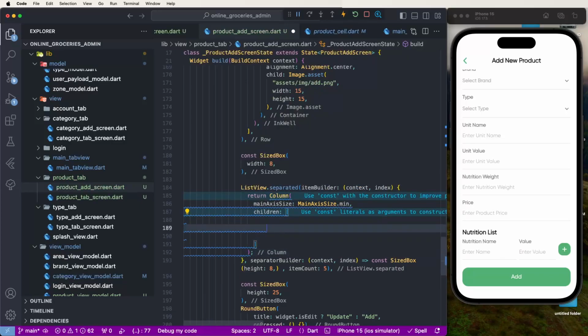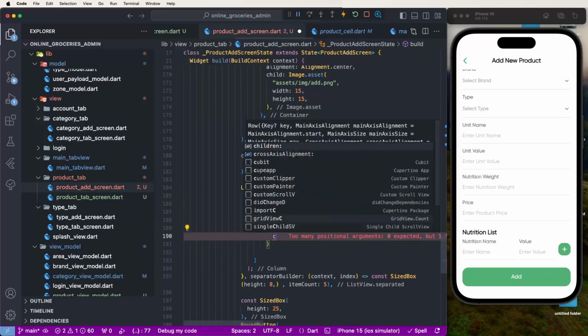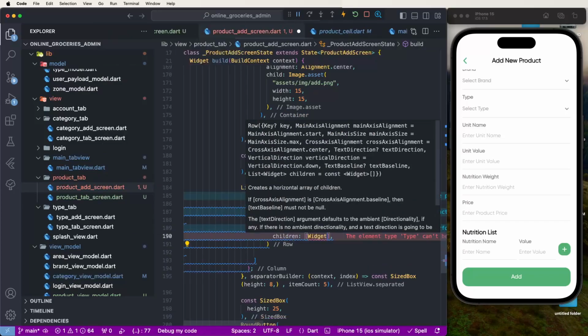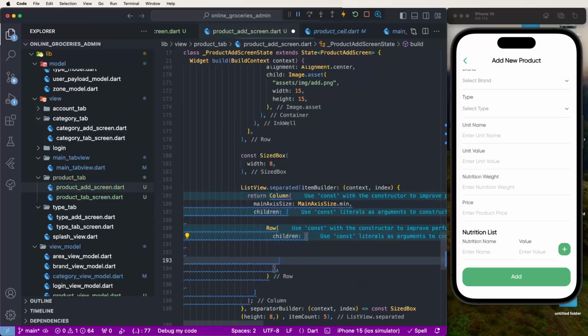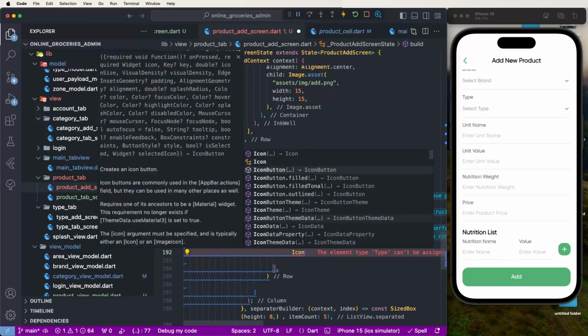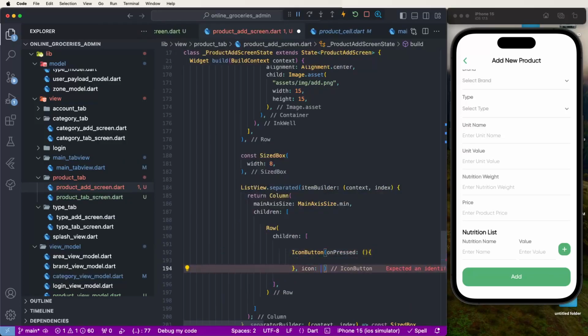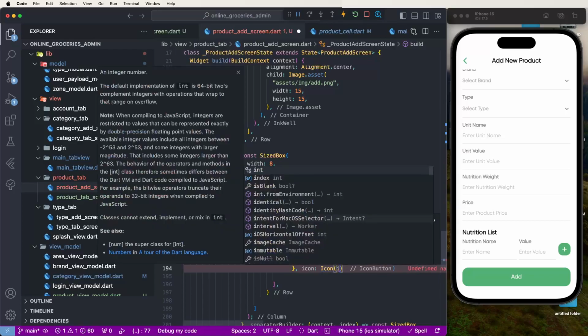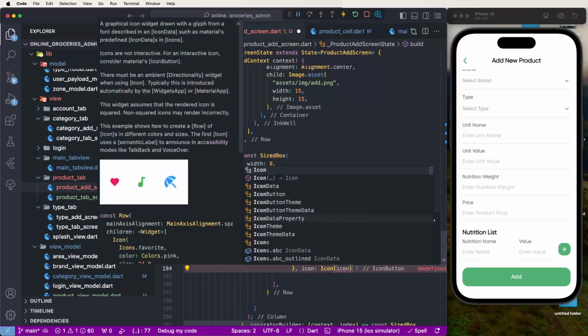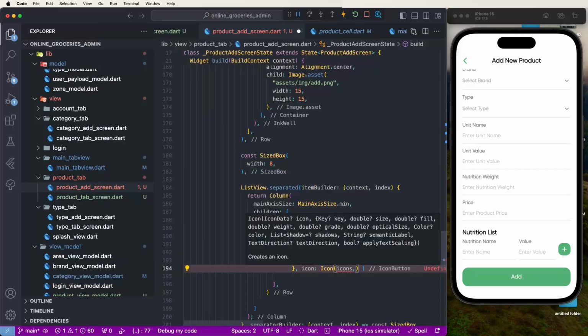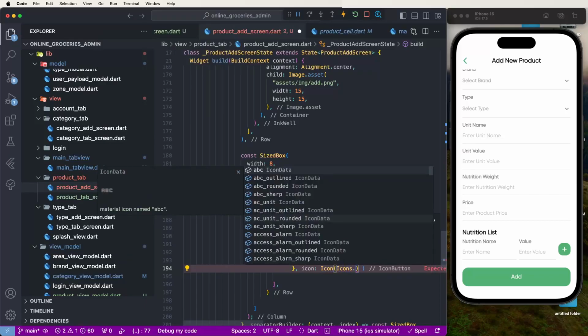Now we need to create here the row children, and we need to set here the nutrition tab. First of all, to make here the delete button's press event, now we need to set here the icon, the dots icon. We need to set here